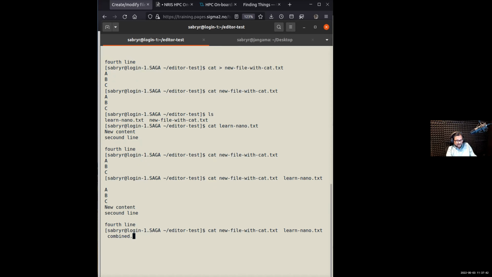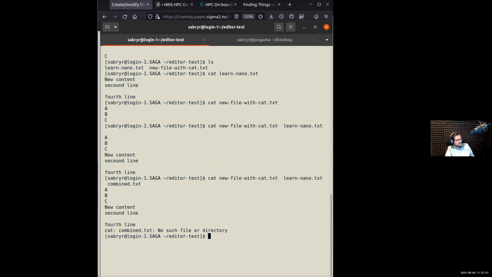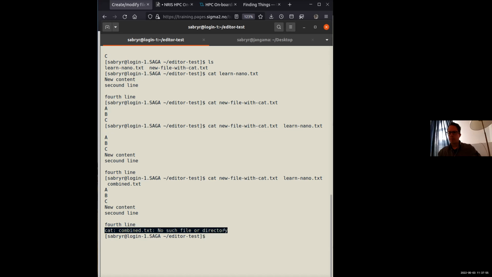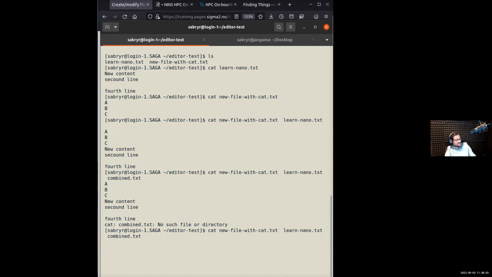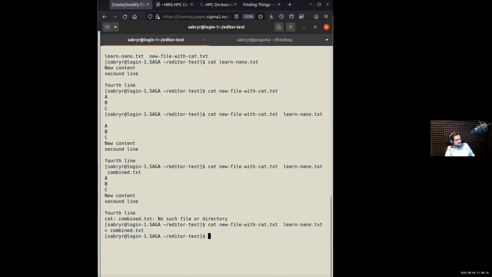So, but I don't have a file like that yet created, and if I just type the three files here, it would say at the end there's no such file. Because if you remember when I did echo, you have to redirect this to the file. So I missed that part. The last argument should end with the redirection. Then what will happen is